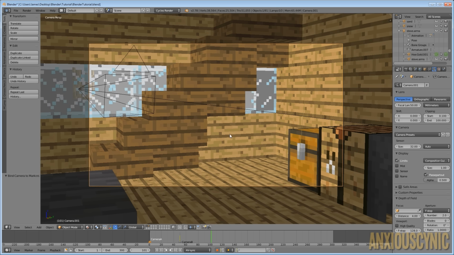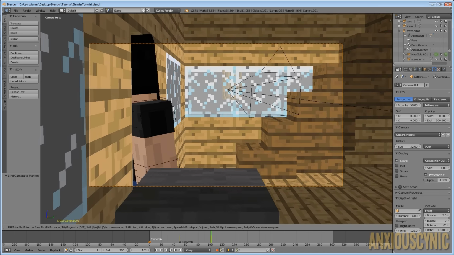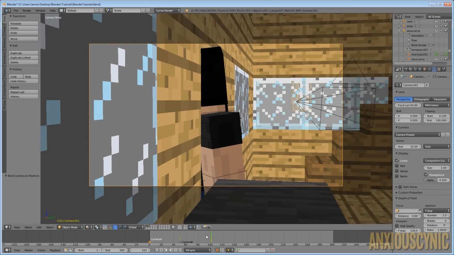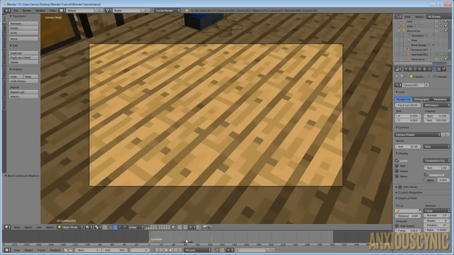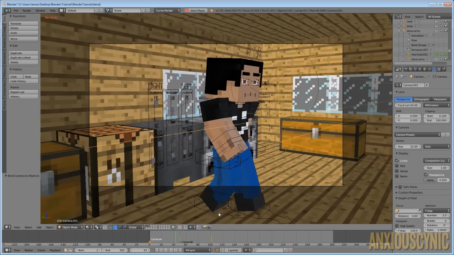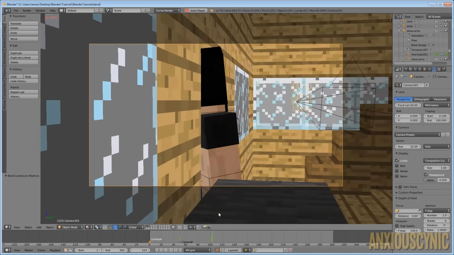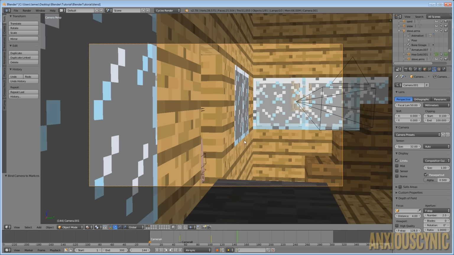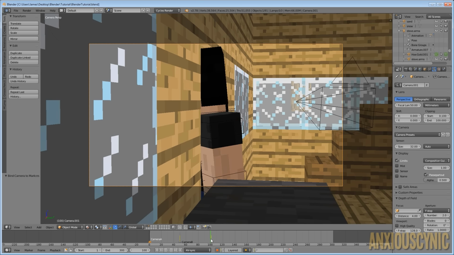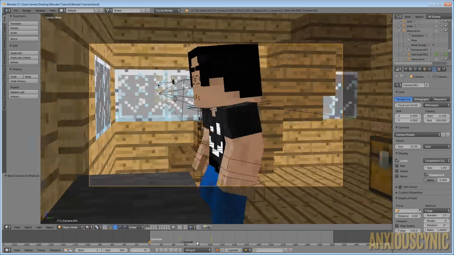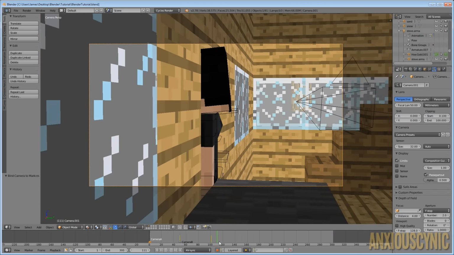I'm going to hit Shift F so that we can go into a first person mode. I'm just going to have this come over like that. So basically what we get when we play the animation is it comes up, Steve starts walking, and then this camera follows him around, and he goes out the door. All right, so let's save that. Okay, so now we've got this camera set up, and we're good. We like the way this is working out.